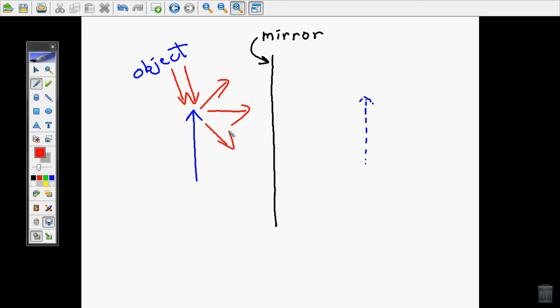So instead of showing all these light rays, I'm not even going to show the light that actually shines upon the object. And I'm not going to show all these rays reflecting off the object. I'm just going to show a few crucial key rays. So let me go back and get rid of these light rays. And let's say I draw a light ray